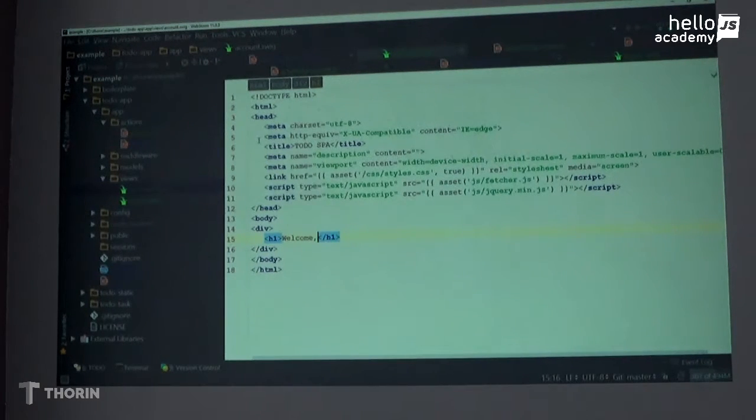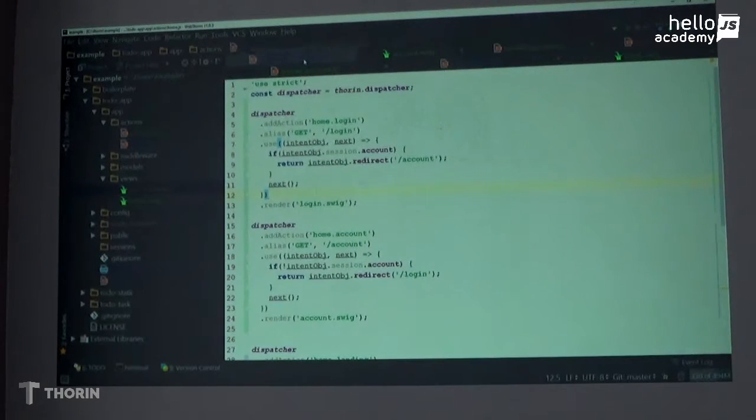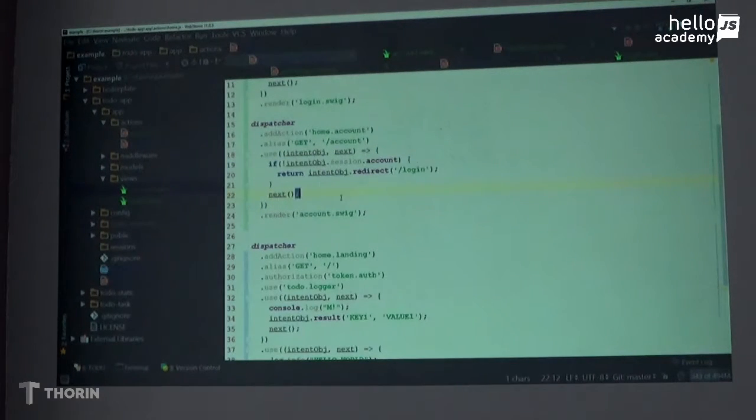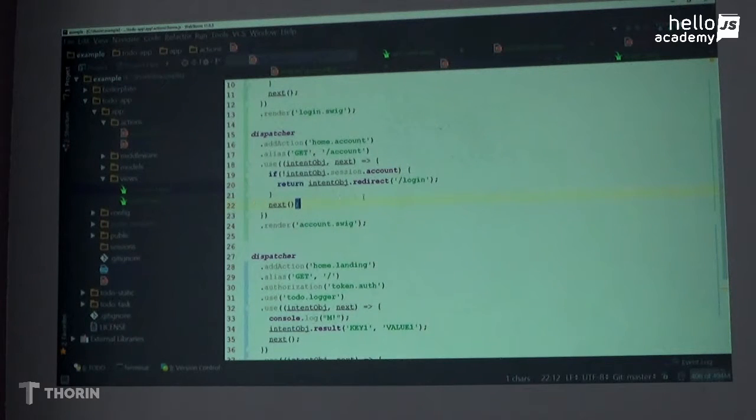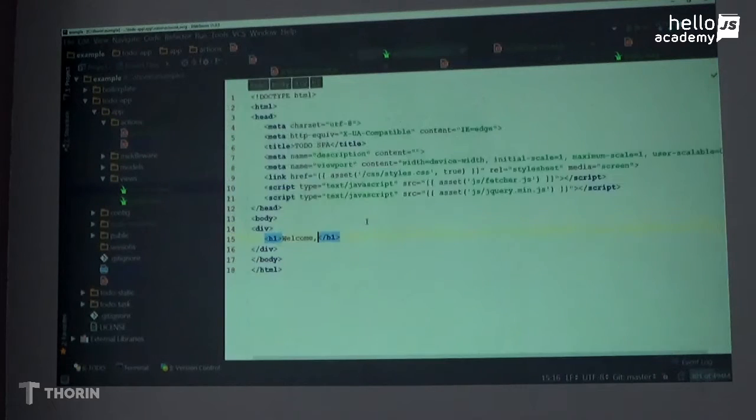we have access to the intent. So whenever we say, okay, nunjucks, I need you to render this file using these local variables. So Thorin with the render plugin sends out by default some local variables that are accessible within the template. So here, whenever I'm going to /account, and whenever I'm going to render the account.swig, I will always have access to the session inside here. So I can just say this: